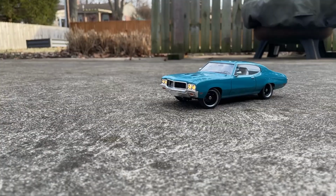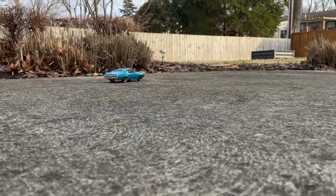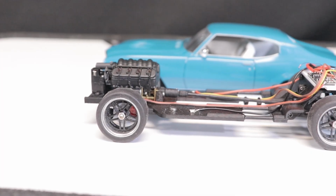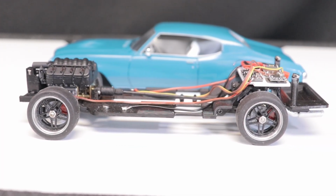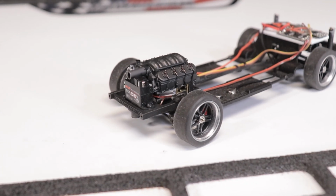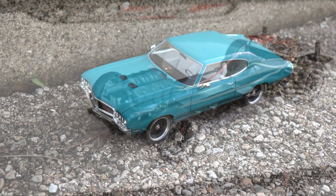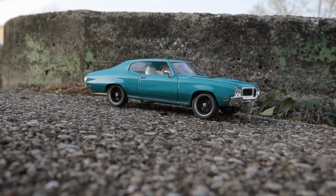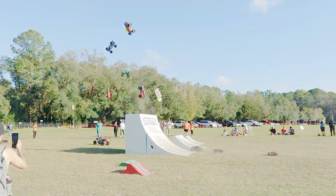chassis. With that said, this project does require having a bit of experience with model building and custom RC projects to ensure the best results in the end. While performance and relative durability was part of the equation for this build, I'd still say it's best to approach a project like this more with the mentality of building a detailed model of a vehicle that just so happens to be fully drivable, more so than building a high-performance RC car that just so happens to look very lifelike,